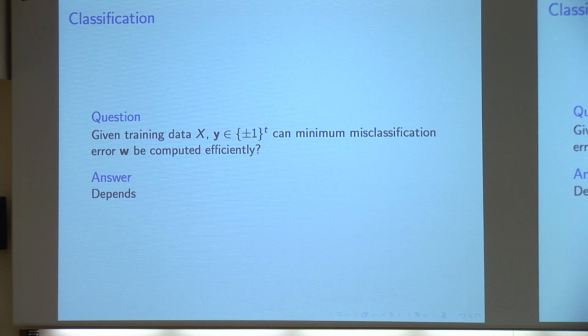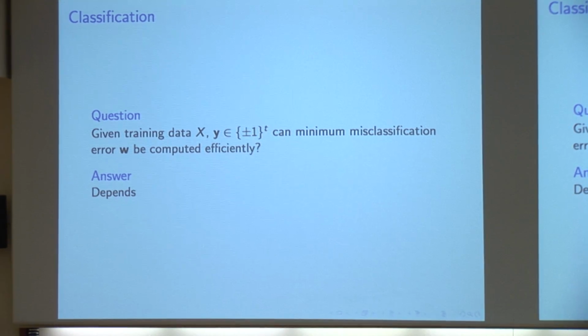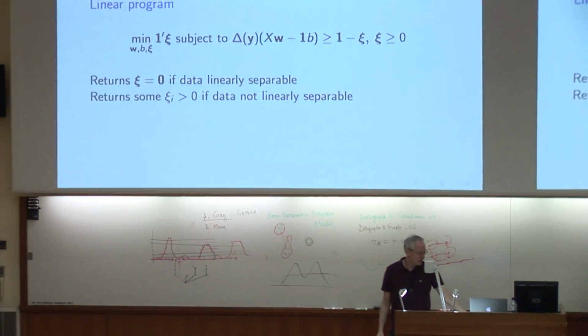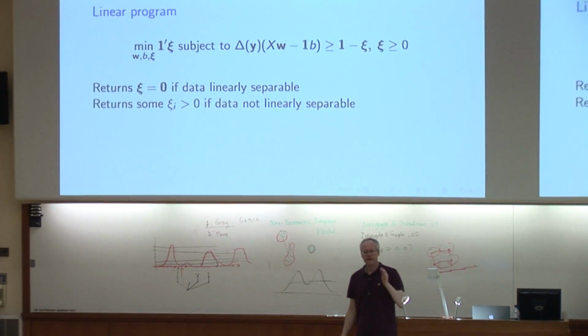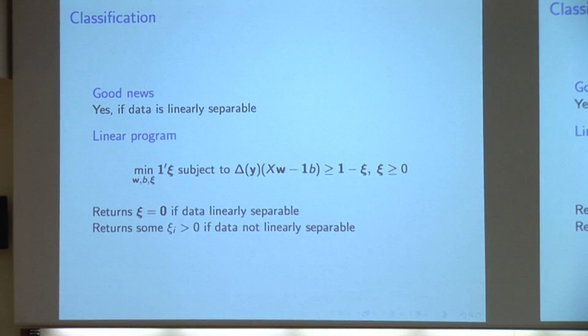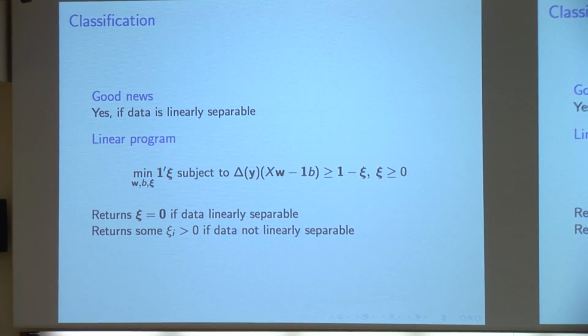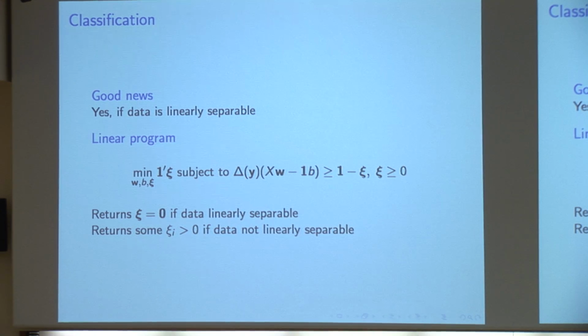And when is it happy news versus bad news? When one simple condition applies. Well, there could be variance, but anyway. The main condition is if the data is linearly separable, right? So if your plus class and minus class really are separated by a hyperplane, you can find it. You can find it efficiently. There are many ways to find it efficiently, many incremental online ways, many linear programming-based methods.